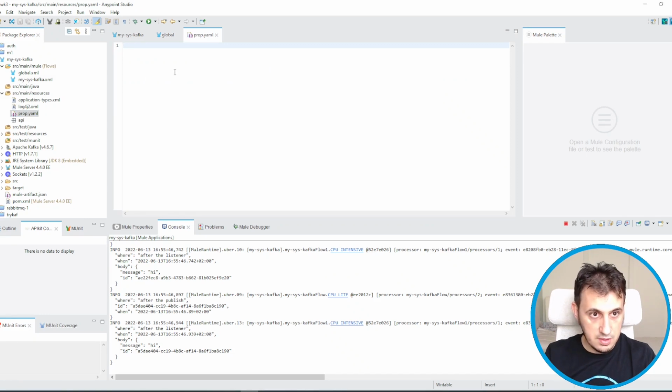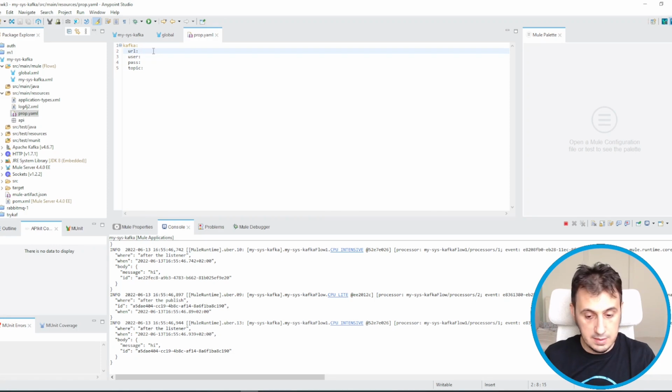Let's put, for example, Kafka URL, user, pass, topic. At the moment, this is my local configuration. I have no password, and my topic is topic number 1.